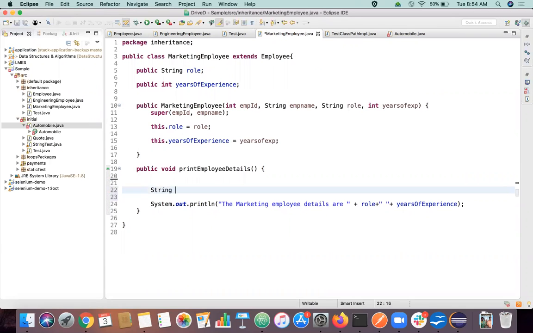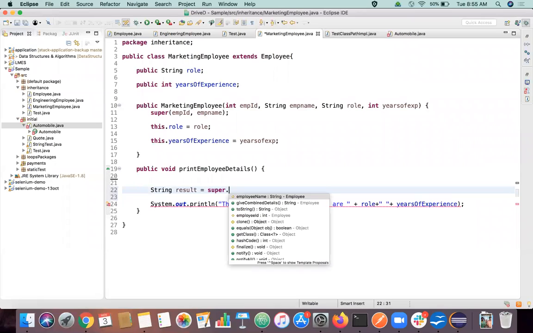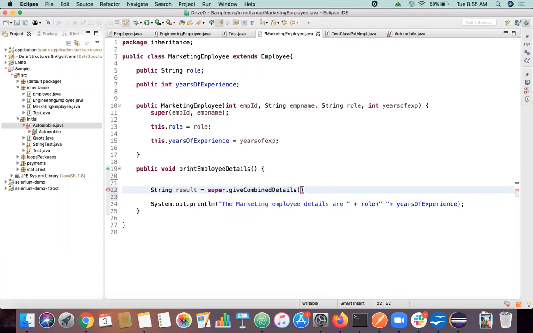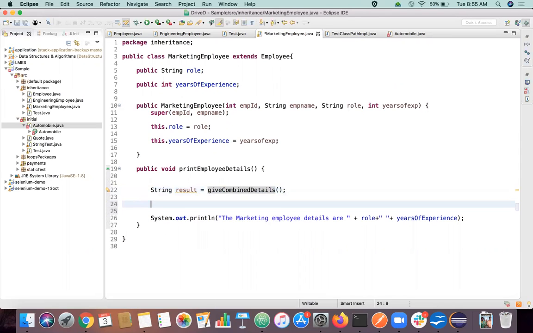I can use a string object here, string result equal to super dot, I can call this method, right? I can call this method without the super keyword also, because this doesn't have any kind of naming confusion. This give combined details is a unique name which is available both in the employee and marketing employee class, so I don't have any ambiguity over there. So if I try to print this result,